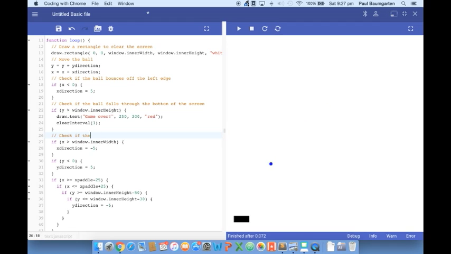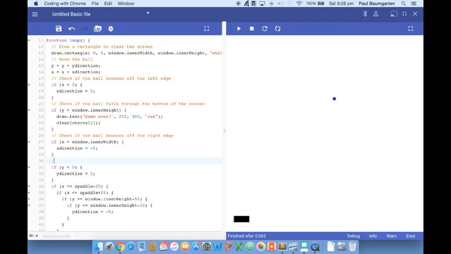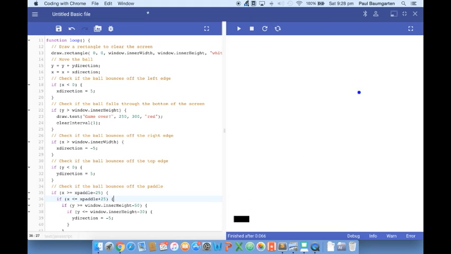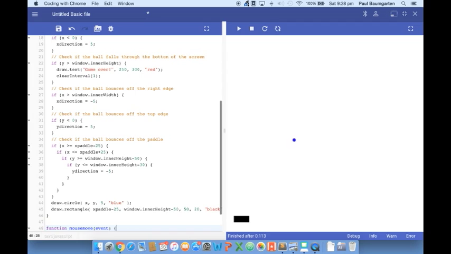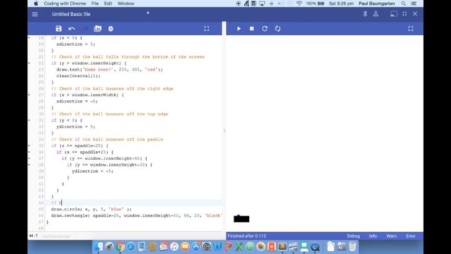Check if the ball bounces off the right edge. Check if the ball bounces off the top edge. And then here, check if the ball bounces off the paddle. What else do I have going on in my loop? All right, draw the ball,